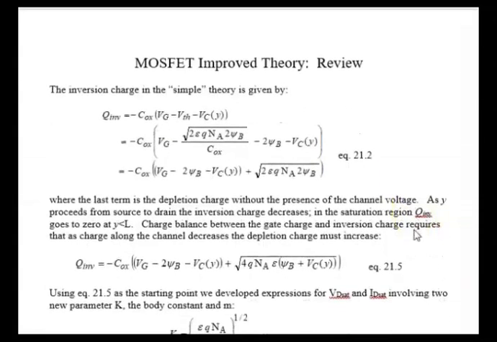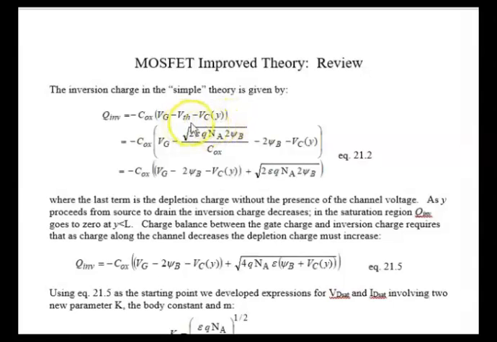So let's get started, and we start with the basic equation for the inversion charge in strong inversion. This is the equation we wrote for this quote-unquote simple theory. We have a channel voltage, which we must have because the voltage along the channel, if I was able to probe it, increases from 0 at the source to VDS at the drain, and it is a function of the transverse direction Y. That's the horizontal direction.